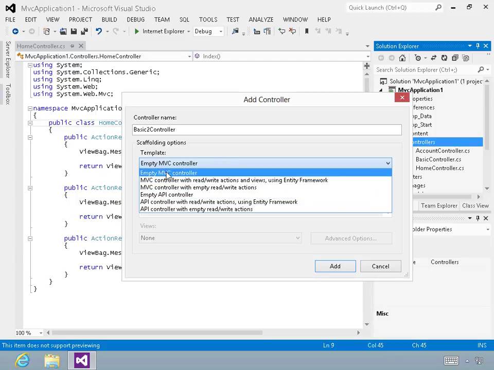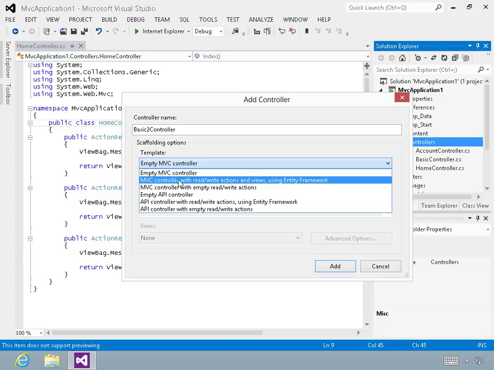I'm just interested in the pure MVC controllers. But notice I can set up a controller with read-write actions and views using Entity Framework. So if you use Entity Framework as your ORM, you have a lot of automated functionality tied with the MVC framework. It can go ahead and build EF classes for me and calls all the methods and the context and everything. You can really get a web application up and running really, really quickly with a database, Entity Framework, and the MVC framework. But since I'm not using Entity Framework, at least right at this moment, I'm just going to